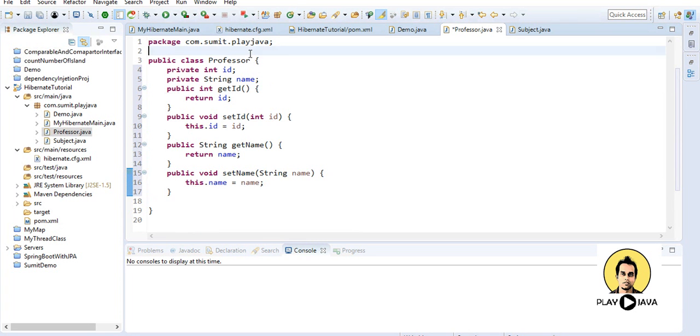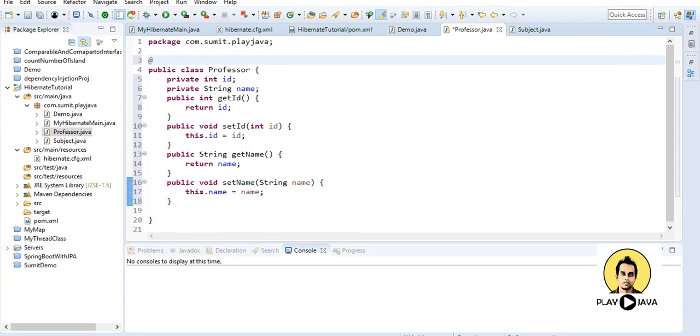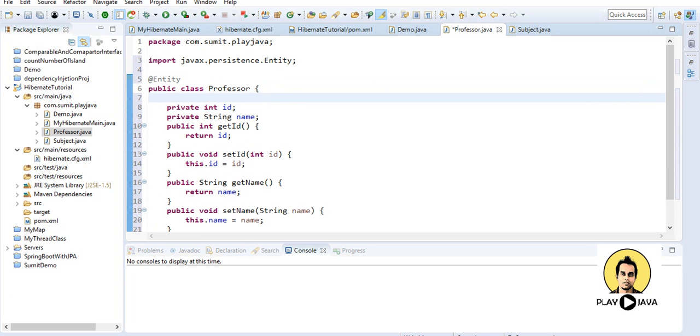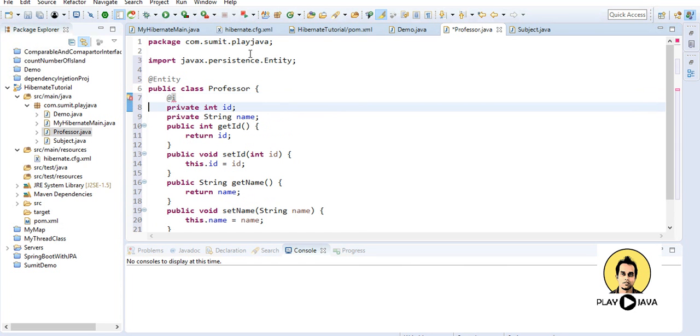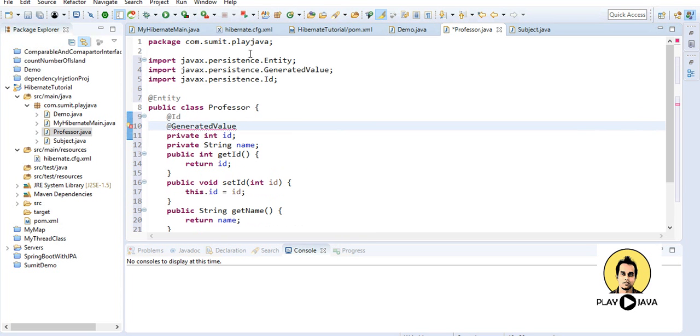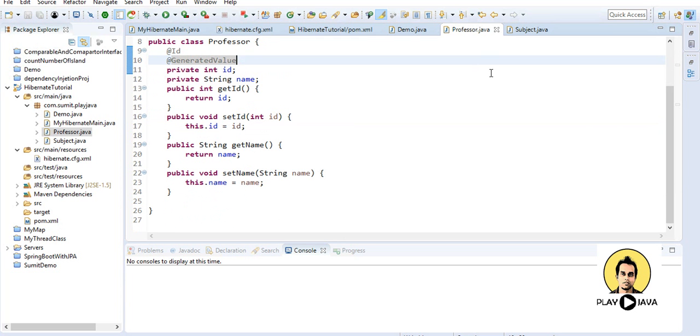Similarly I will do here also in the professor class. I'll provide this as an entity class and make this ID the primary key by providing @Id, and also make it a generated value. So our two classes have been made.